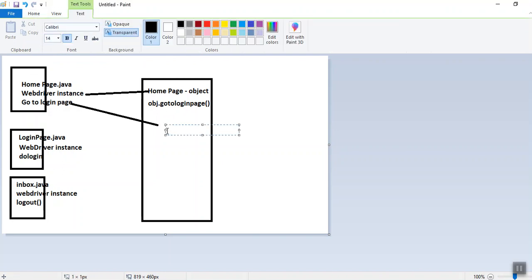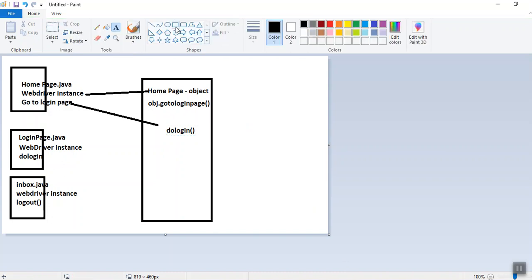When the do login function is called, it will return us the object of the inbox class. What object will come?